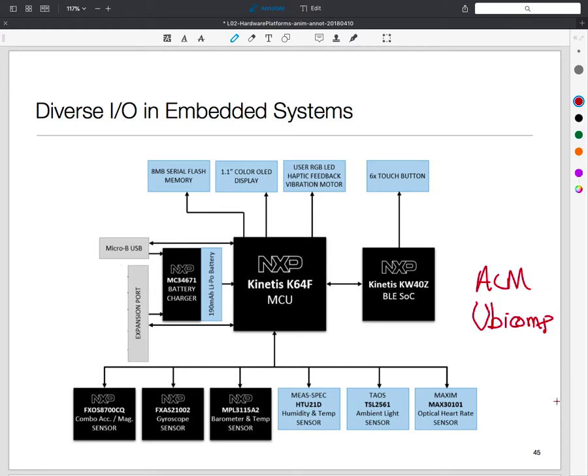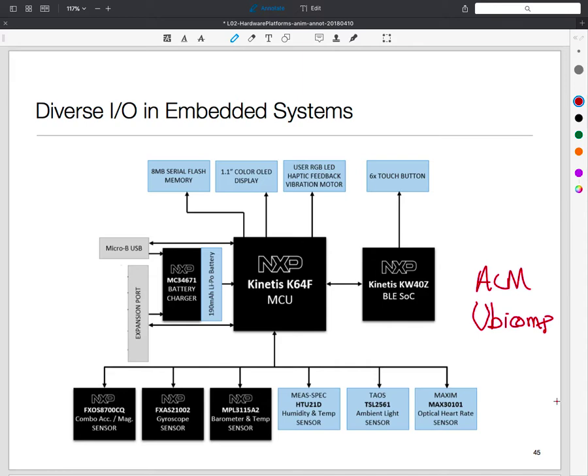And the reason is that unlike, let's say, an Intel processor, the MCUs typically do not have an address memory bus. Okay, so you cannot hook up parallel memory ports and all. You'll see that much of the communication happens serially. You also have a display, a vibration motor, so you have haptic feedback. There are also some touch buttons out there, and then there is a second processor, which is in the form of